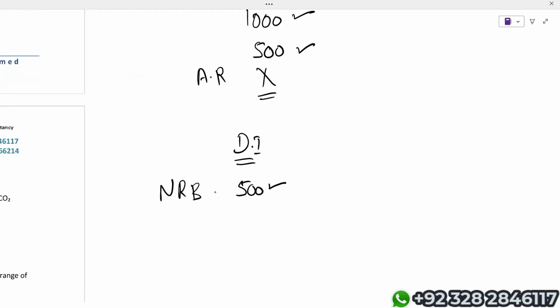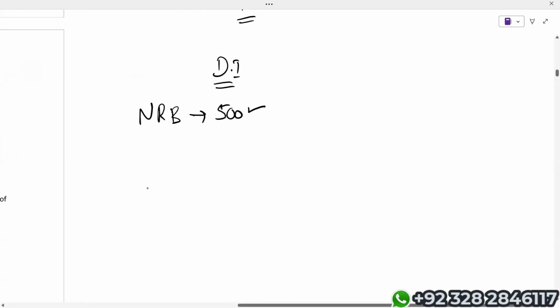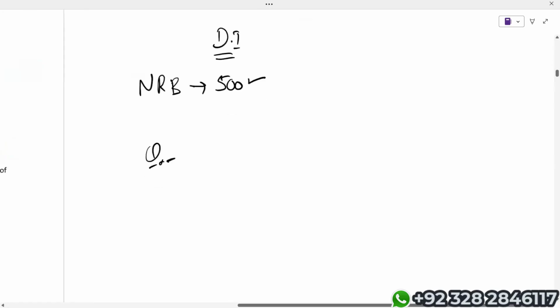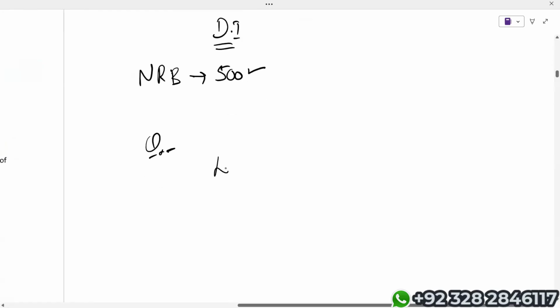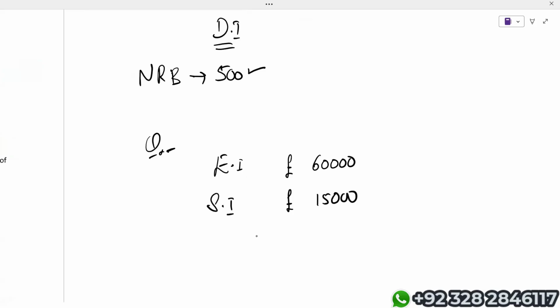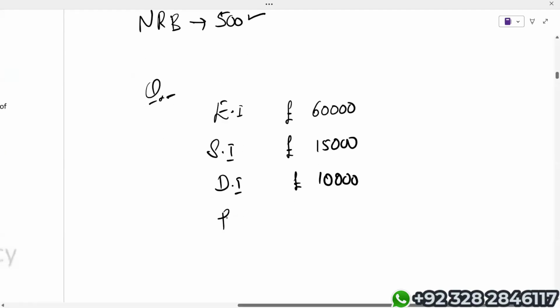I'm just writing a very simple example and I want everyone to solve this. Employment income is a non-saving income, assuming £60,000. Saving income is simply interest income, let's say £15,000. Dividend income is, let's say, £10,000. PAYE means pay as you earn, the income tax which is paid in advance. I'm assuming PAYE is £10,000.